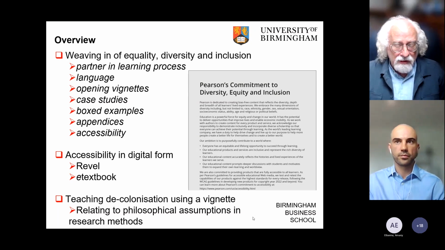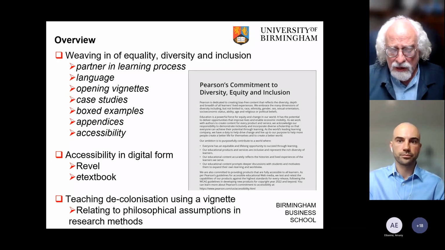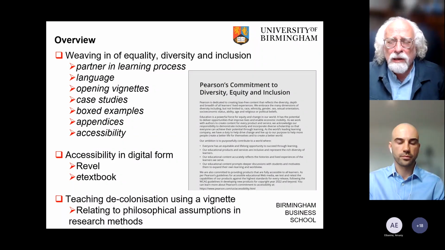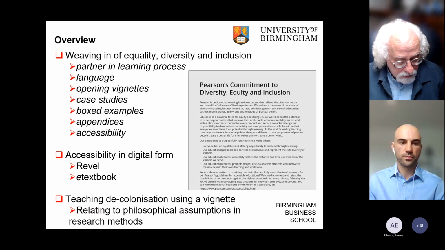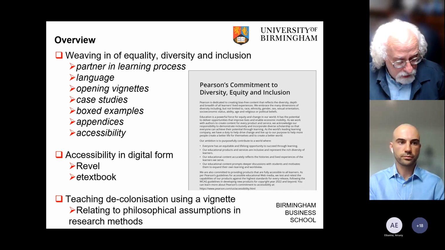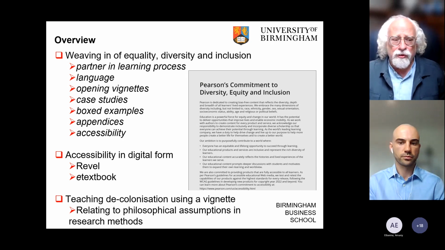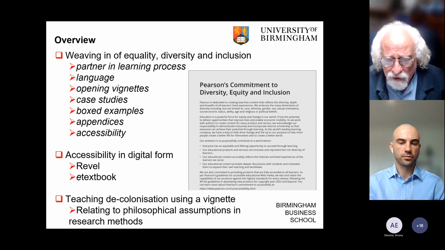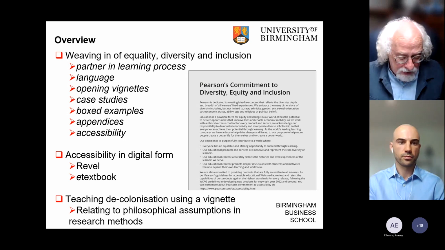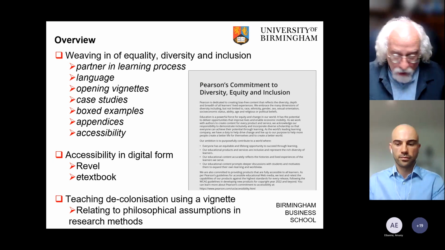What I would say is I think it's crucial that as academics and teachers, instructors to our students, we weave these ideas into what we do and they become a natural part of what we do. And I think it's really crucial that we actually challenge our students to think differently on these issues and not to accept the status quo. Part of what we need to be doing, in my view, is educating the future academics, the future business leaders, the future workers to represent and to understand what could be a better and fairer society for us all.